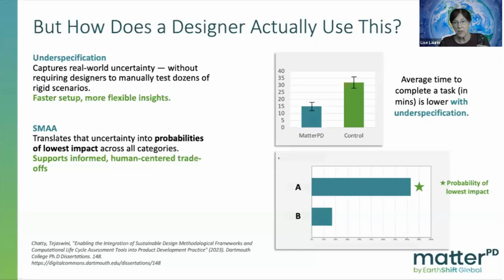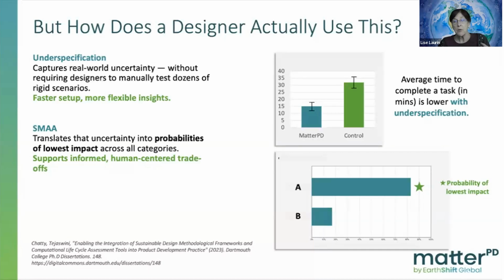So it's actually faster to set up. We've had students at Dartmouth, design students, use this tool and other tools, and they find that it's much faster to design. Not only can you design much earlier in your decision process, but you can model it much quicker when you use this type of